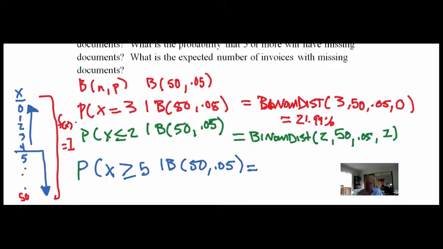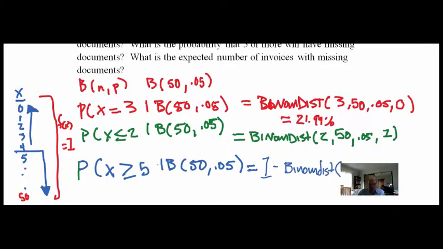This is like the 20th time I've said this. You sum these all up, they equal 1. So knowing that, if we can figure this part out and subtract it from 1, it gives us this part. So that's exactly what we're going to do. This is just like what we did before with the norm dist. So it's just 1 minus binomial dist,